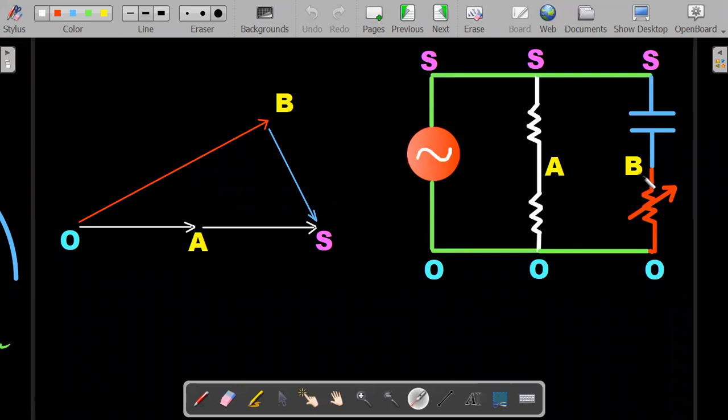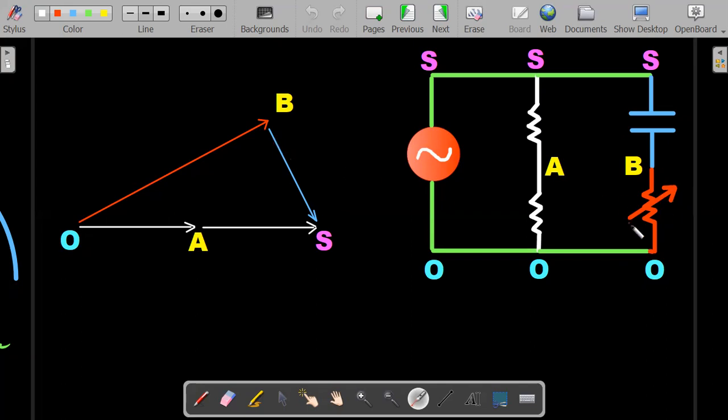Now this OB and BS that you have will have the same current, but the current when it passes through the resistor produces a voltage which would be 90 degrees with the voltage across BS. That's quite obvious. You should have watched the previous video in which I speak of the phrase ELI the ICE man, and in a capacitor the current always leads the voltage by 90 degrees. So to show that 90 degrees, I've drawn the OB phasor, the resistance red one here, and the BS phasor at 90 degrees to each other.